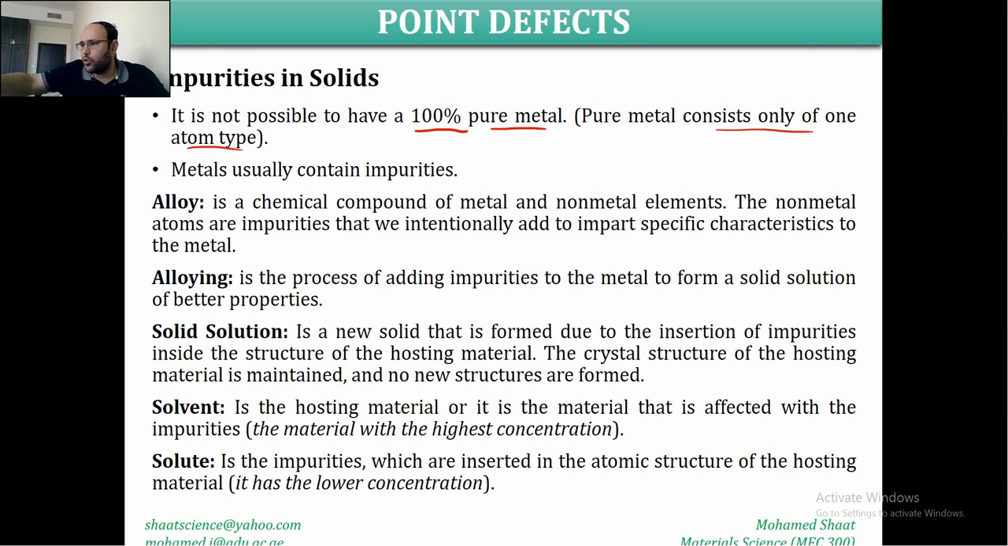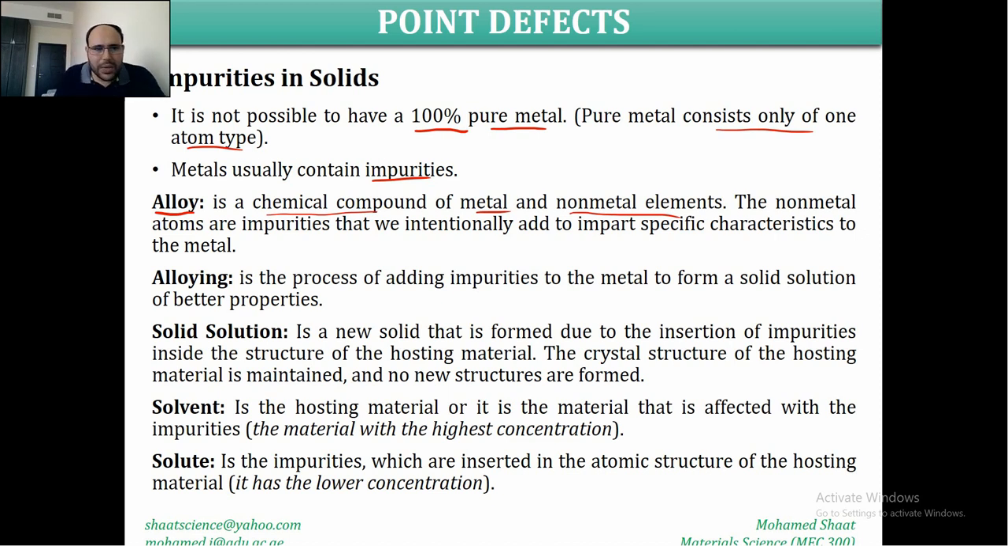It should be one element, like pure aluminum, pure copper, pure magnesium. Any type of metallic material which is 100% pure is impossible. Anyway, there should be some defects, some impurities. Metals usually contain impurities, and this is what gives the alloy. The alloy is a chemical compound of metal and non-metals. In many cases, these impurities are non-metals, which are inserted inside the metal, distributed randomly inside the atomic structure of the metal, mixed with the metallic atoms to form an